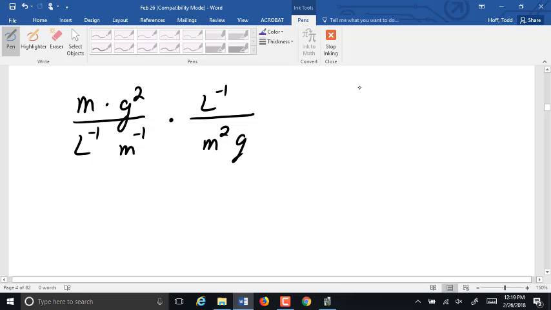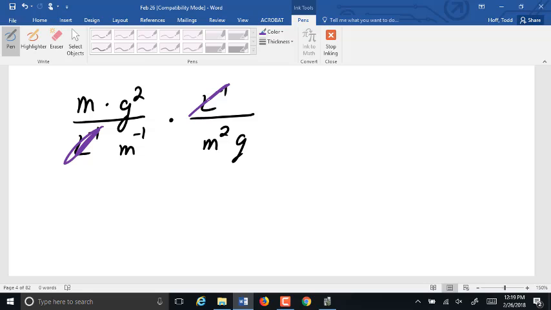Now, looking at this, that looks to be really ugly, and it is. I won't deny that. First thing we see, we can cross cancel the liter to the negative 1. Those are both the same unit. We can cross cancel. Now, don't ask me what a liter to the negative 1 is. It's kind of a nonsense unit, but in this book, it takes it kind of to the extreme to practice